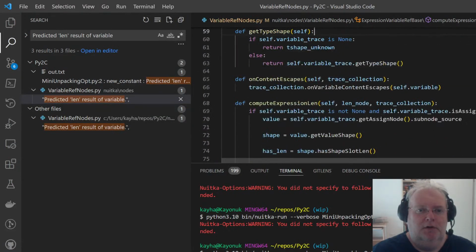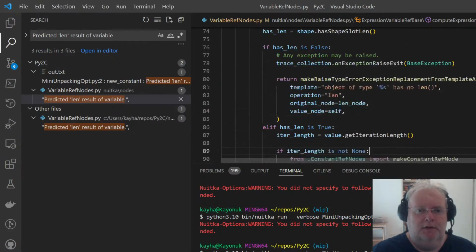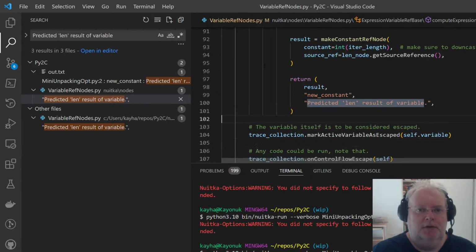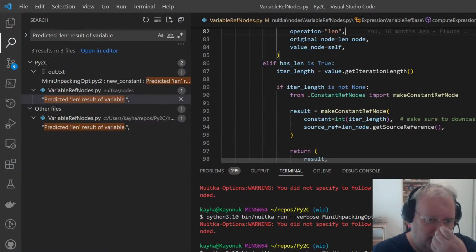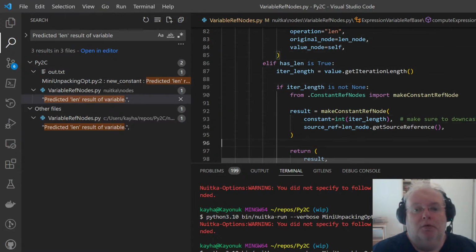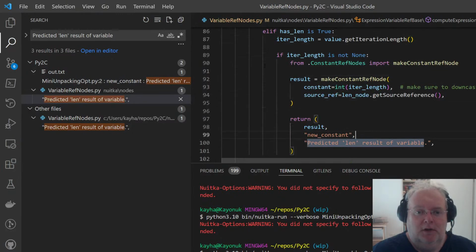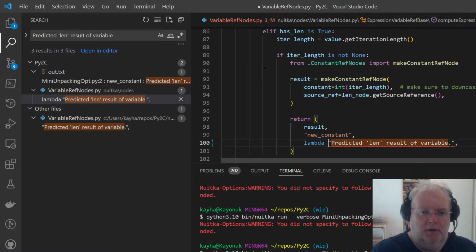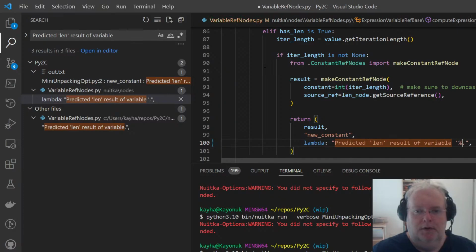I think I recall that this is a bit limiting. Actually, the length could be optimized for merge traces maybe as well. But here we get the actual node, its shape, we check if it can have length and so on. We do pretty neat tricks, but it's not being done for like if A equals this and that, and maybe both have a length of 3. That's not dealt with. But why doesn't it say the variable name of variable %s self get variable name, huh?